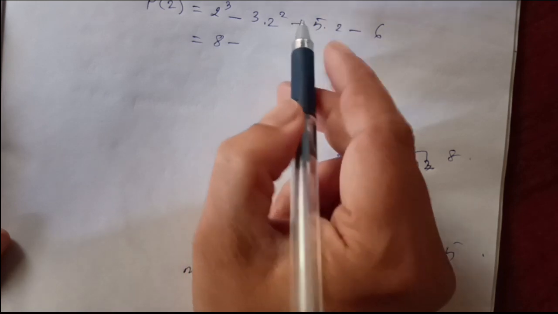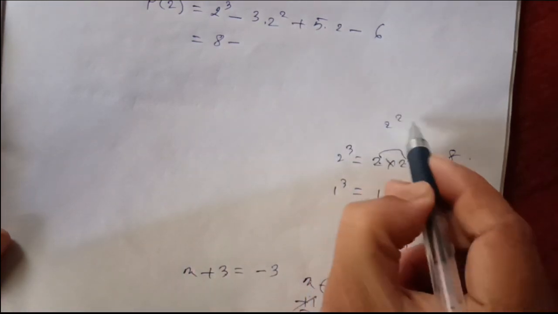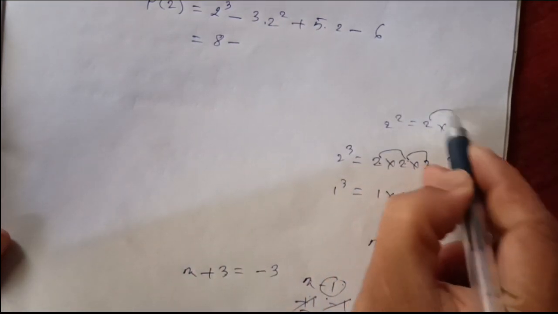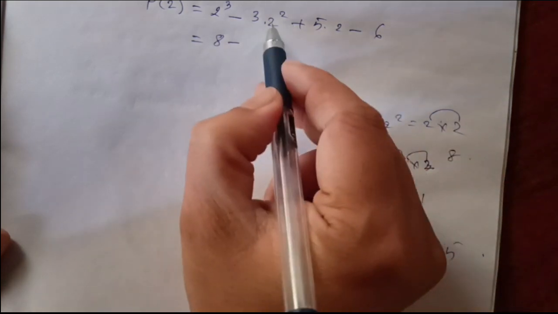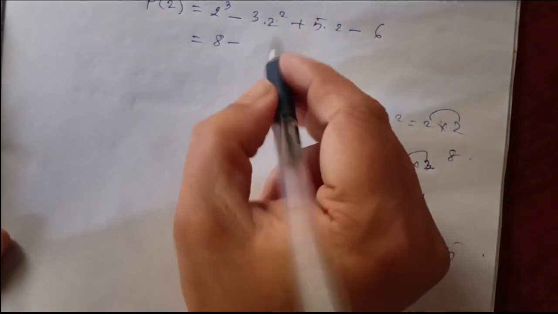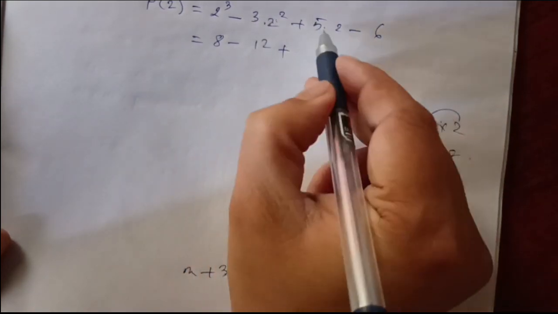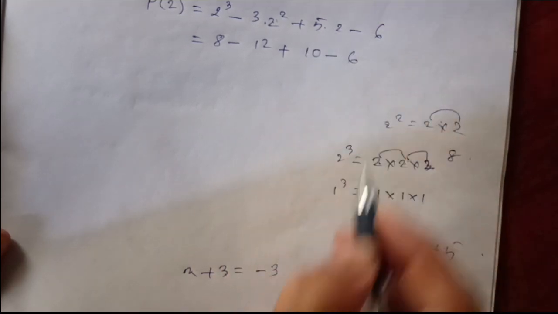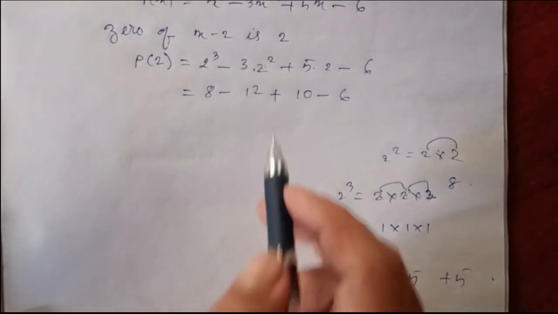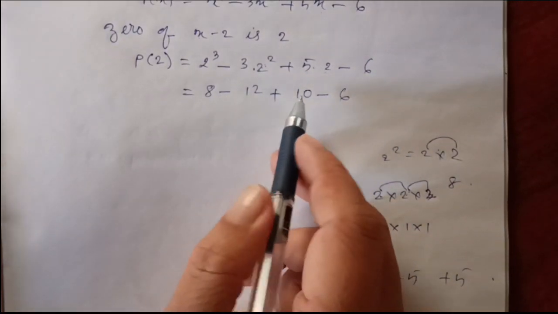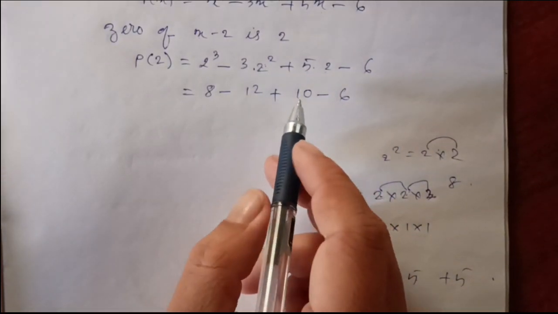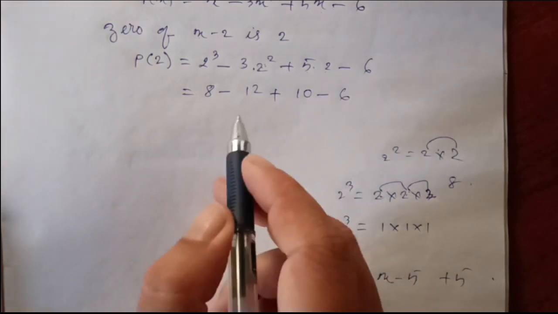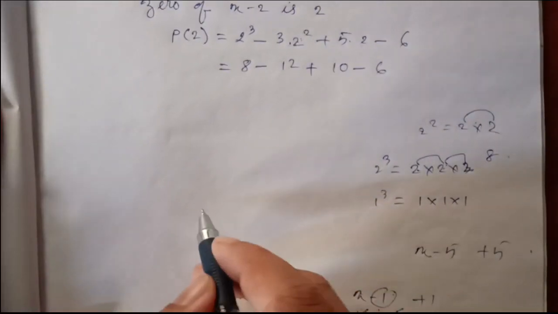Okay, then what is 2 square? I already explained. 2 square means 2 is 2 times only, so 2 2 are 4. So 2 square is 4, 4 3 are 12. This is easy. 5 2 are 10, 6. So when you get a question like this, one thing you need to keep in mind is that same sign should be added. Remember this rule: